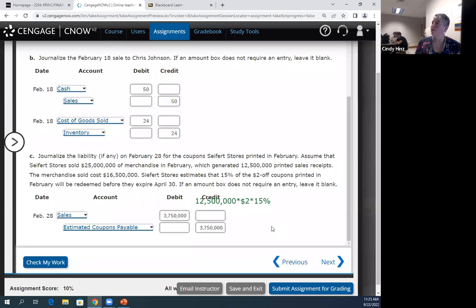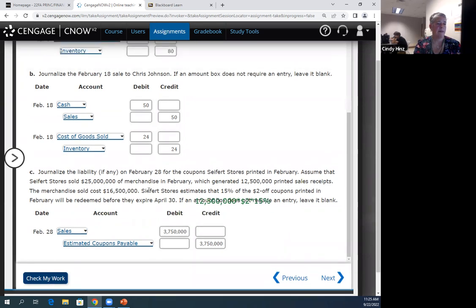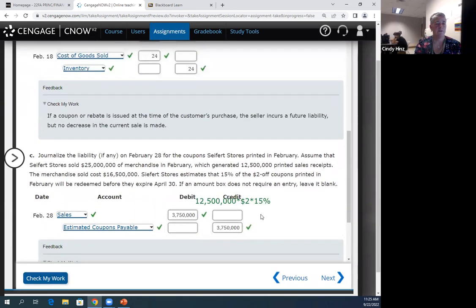I'm really sticking with, we would not need to record this if it were not such a very large number, but this is definitely a big number. It certainly could lead someone to a different understanding or decision about how this company did in the month of February. And maybe that's why they put in such a very large and really unreasonable number. Do you really think that a company that had 12 or 25 million in sales would print coupons for $25 million from those sales? That doesn't even make sense.